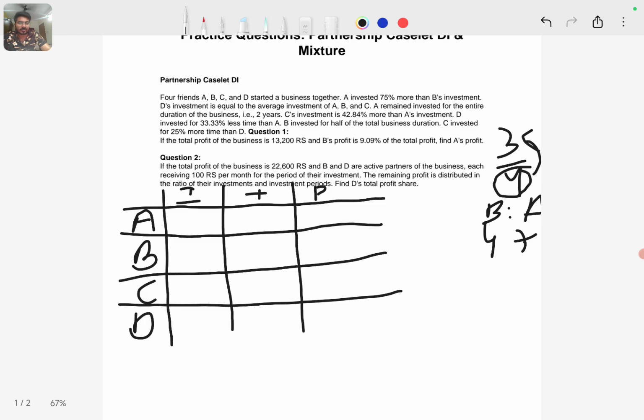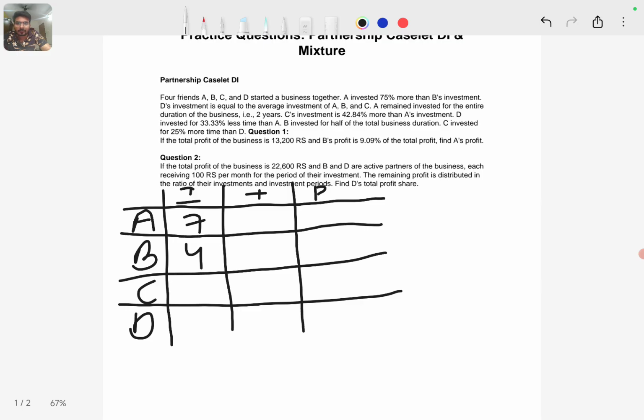That is the 75% more fraction. Okay, so this is the 4 and this is the 7. Okay, this investment